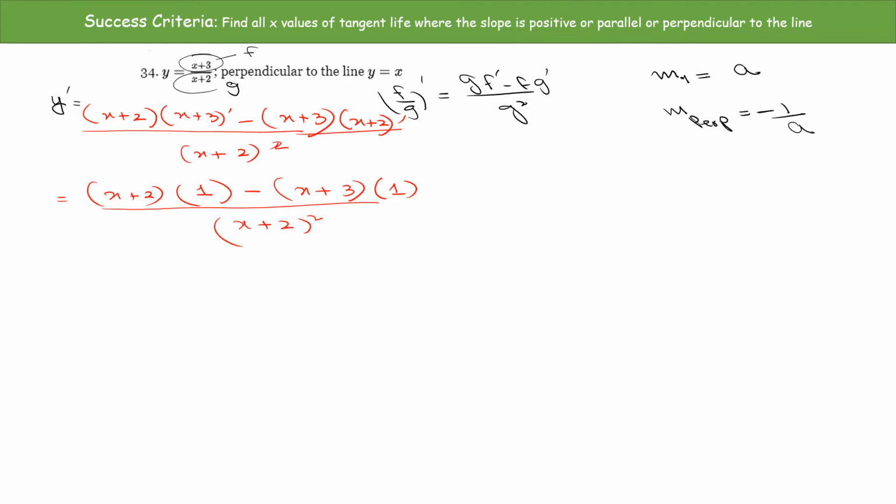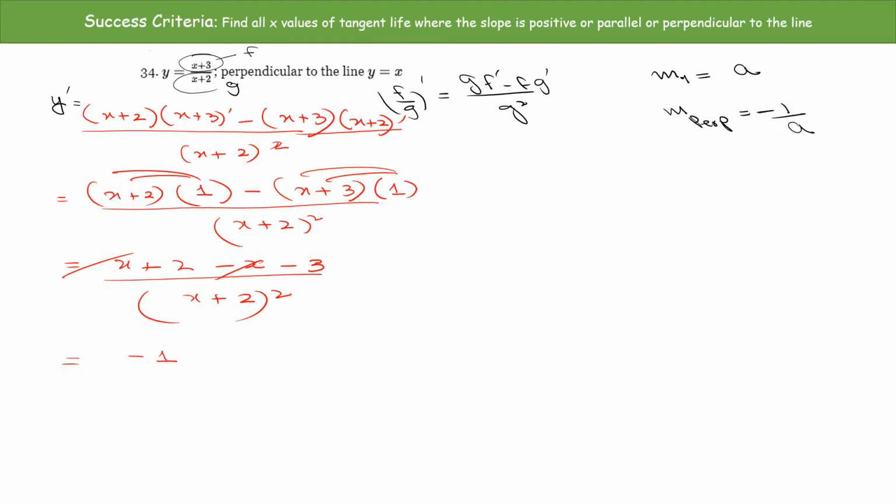Now open the bracket. We will get 1 times x, 1 times 2 is 2, minus, open the bracket, minus x minus 3, divided by (x plus 2) whole square. Now x and x cancel. We will get 2 minus 3, that is negative 1 over (x plus 2) whole square. Now this is your derivative, and they are saying that the slope